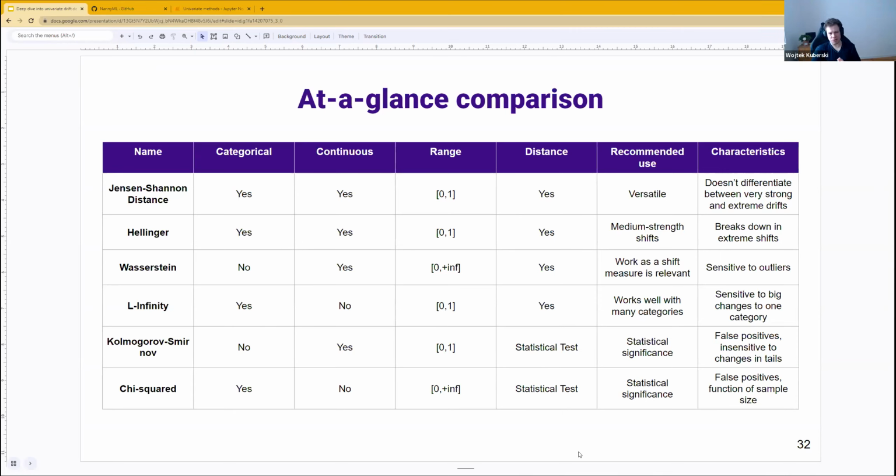And then when it comes to recommended use, Jensen-Shannon is the versatile measure that basically works reasonably well with almost all kinds of distributions and all kinds of drifts, and it's our default in the library. Hellinger distance is very similar to Jensen-Shannon. It works best with medium drifts. It's really good at quantifying the magnitude in a way that's understandable for humans, and basically works very well with our intuition. Both of those break or don't differentiate between very strong and extreme drifts when there is not a lot of overlap between